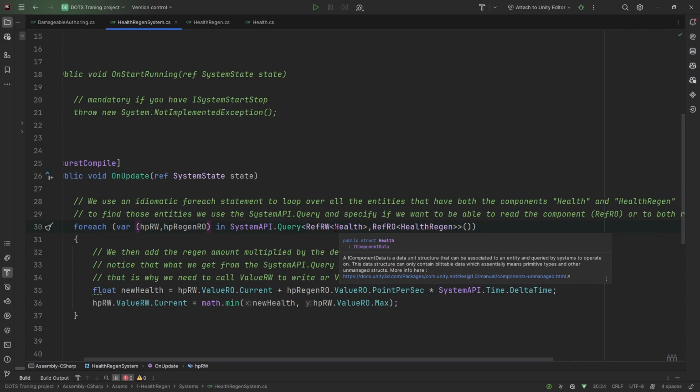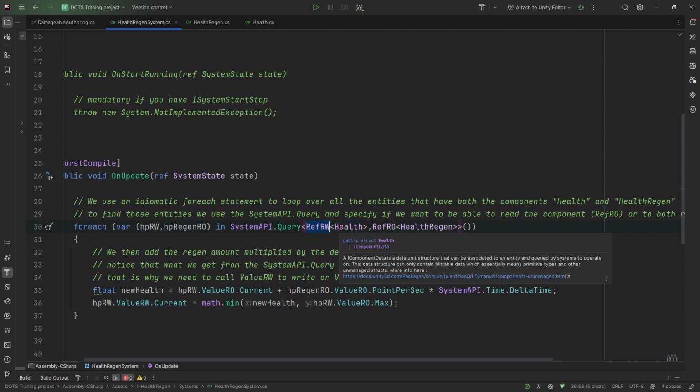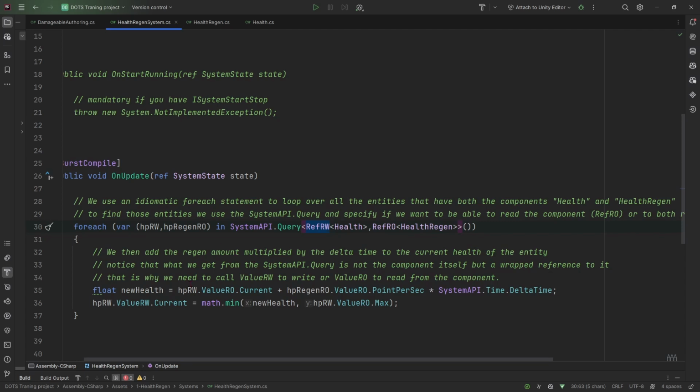What you need to be aware of is that here, what we are querying for is not actually the Else component, but a reference wrapper to the Else component. So when we want to access the actual value of the Else component, we can't just do HP RW dot current for the current value.